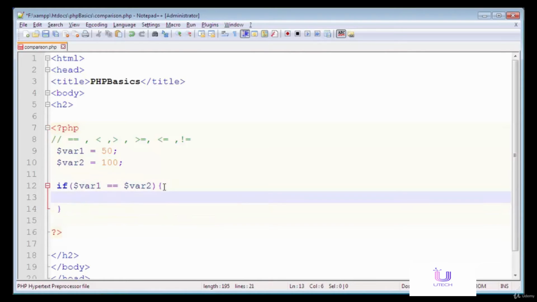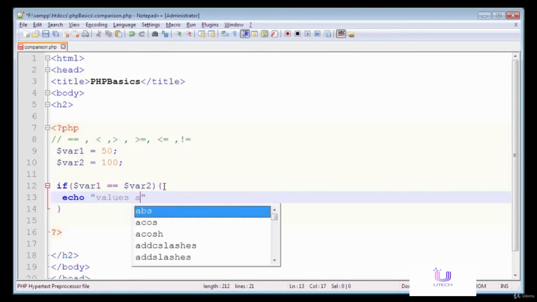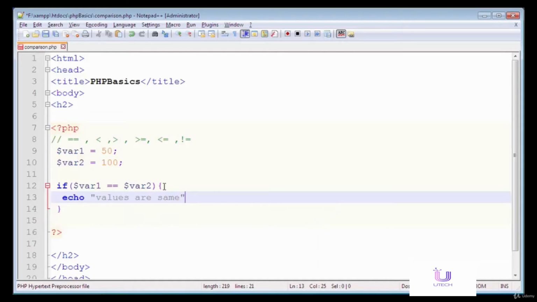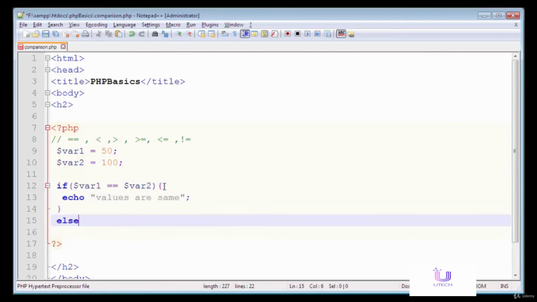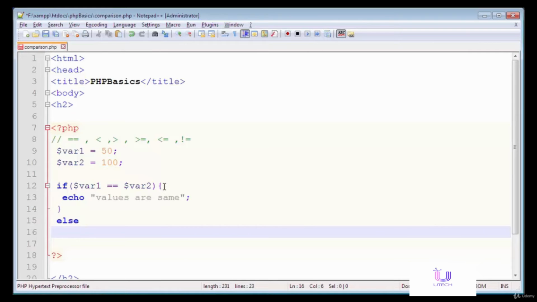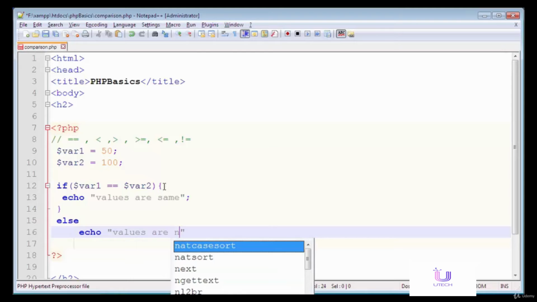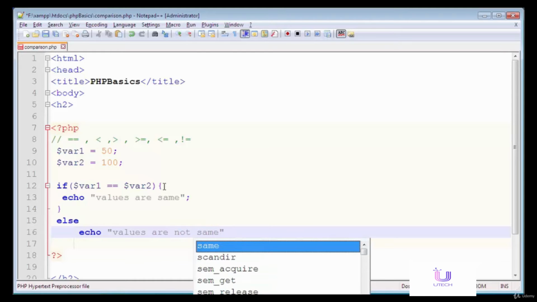Now I'm going to write an if statement: if the values are the same, echo "values are same", and in the else, otherwise, if the values are not the same, the message "values are not same" will be displayed.